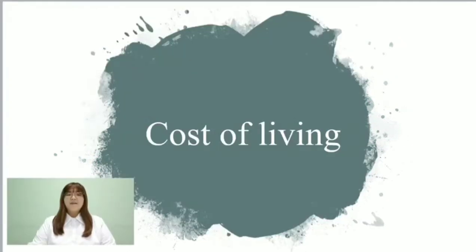The cost of living is the amount of money needed to sustain a certain standard of living by affording basic expenses such as housing, food, taxes, and healthcare. Affordable cost of living means the cost of living is low. When the cost of living is low, the worker will have extra income, so they have extra money to purchase better goods and services to satisfy their own needs and wants.